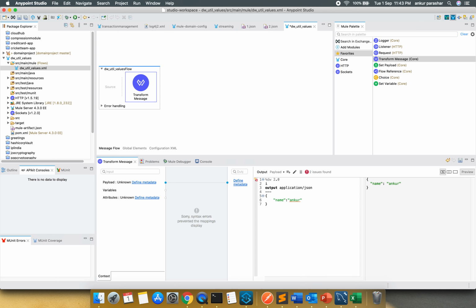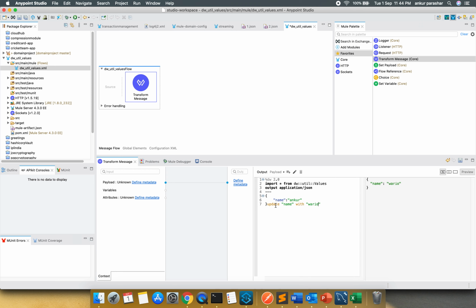So import star from dw::util::values, and I will write update name with vario.